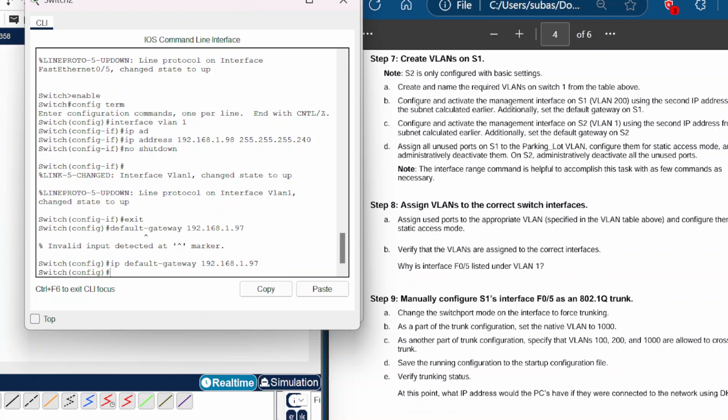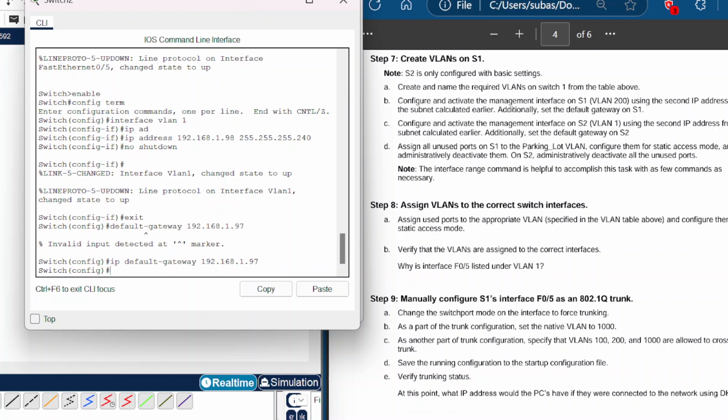Assign all unused ports on S1 to the parking lot VLAN. Configure them for static access mode and administratively deactivate them. On S2, administratively deactivate all the unused ports. Alright, we're going to use the interface range command, which is very helpful. We are going to do